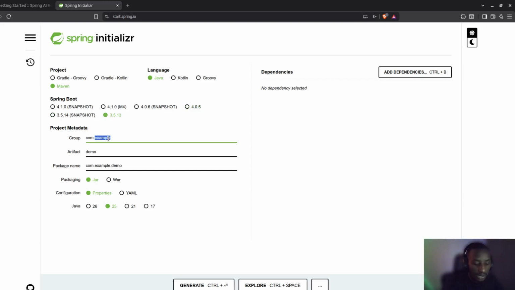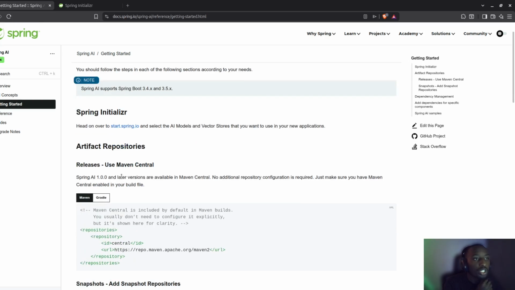And then I'll just come here and change the group to Java guy like that. Then this is just a demo, a Java guide.demo, the jar file. Configuration, I prefer the YAML way. I'll use Java 25. This is the LTS, yeah. I'll use 25,